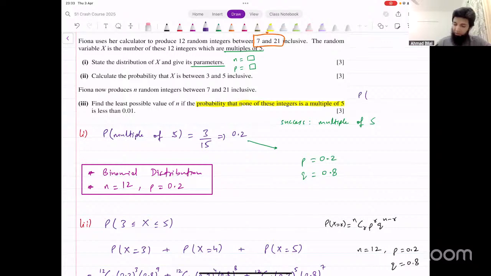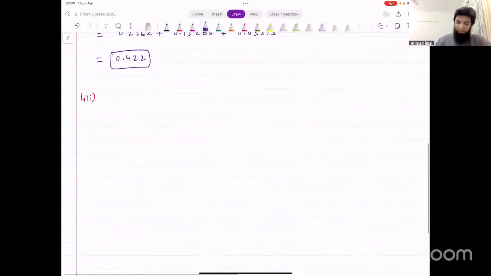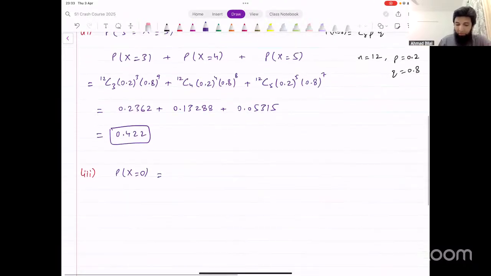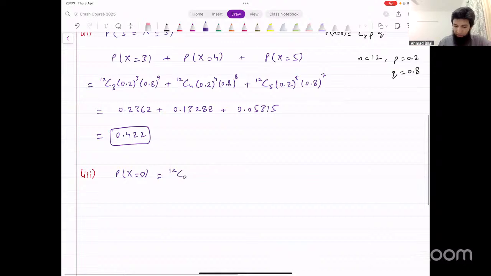That means we're looking for the probability of getting no successes, right? Of 0 successes. If none of them is a multiple of 5, that's 0 successes. So let's find this probability when we have 0 successes. How do we do that? Probability of getting 0 successes would be 12C0 into 0.2 raised to the power 0 into